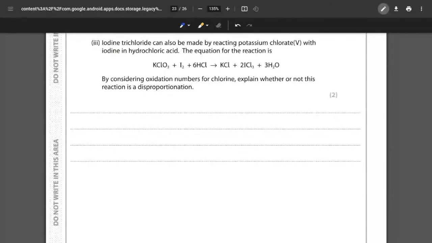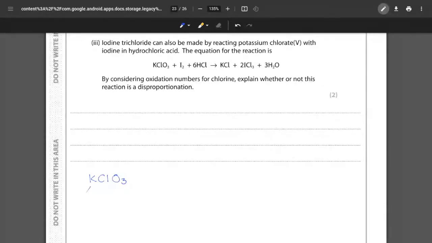For part 3, the iodine trichloride can also be made by reacting potassium chlorate(V) with iodine and hydrochloric acid, and they give us the reaction. By considering the oxidation numbers for the chlorine, explain whether or not this reaction is a disproportionation. So we're going to have to work out the oxidation number of the chlorine in each of its compounds. So let's take them one at a time. We have